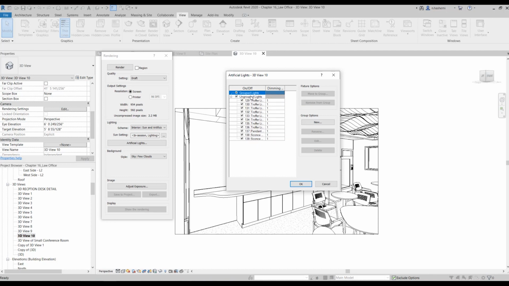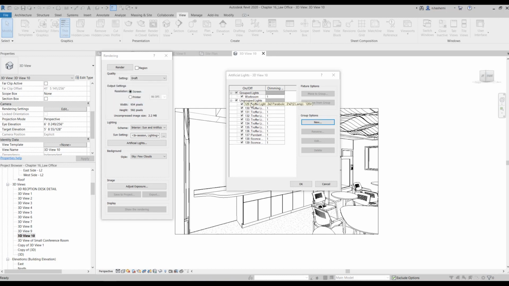You have the option to create groups of these lightings. For example, you can create a new group here and rename it to whatever you want, for example, workroom or anything.